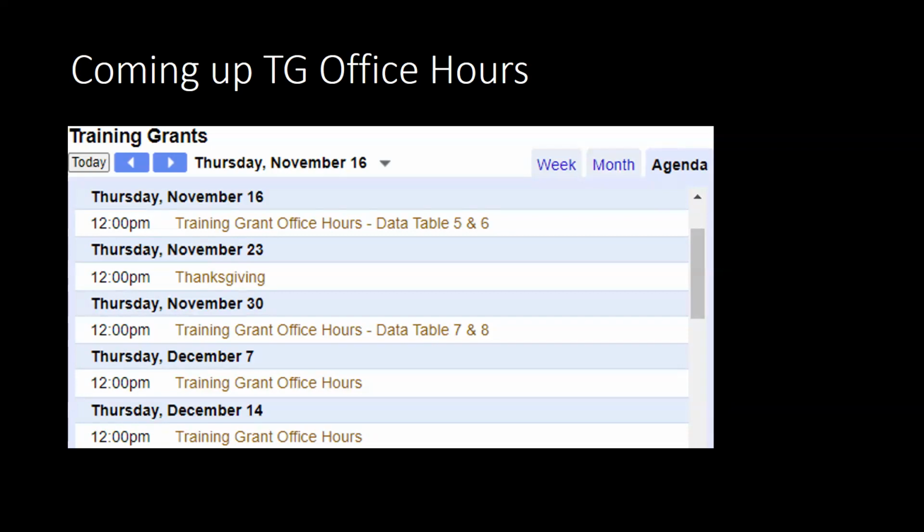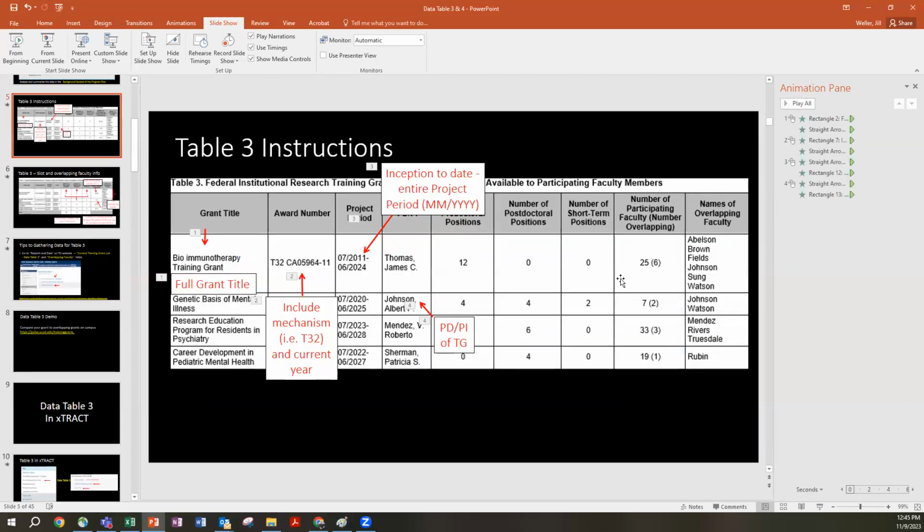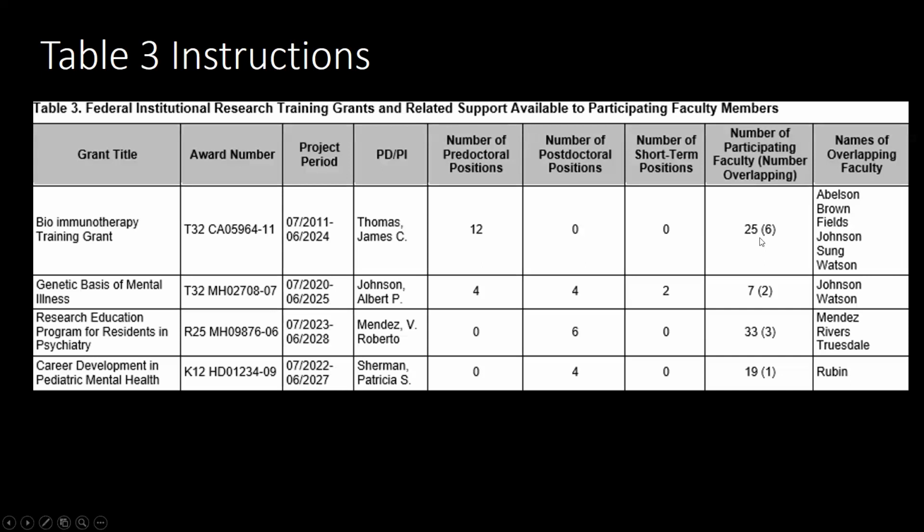I guess I'm still trying to grasp and understand it, because I'm still fresh and new with things like table 3 and 4. So when you have in the far right of table 3, the column that has the big number and then the smaller number in parentheses, I understand the one in parentheses refers to the list in the column over there, which also happen to be the participating faculty of this grant. But when you get the 25, is that because all the other 19 participating faculty are participating faculty of all the